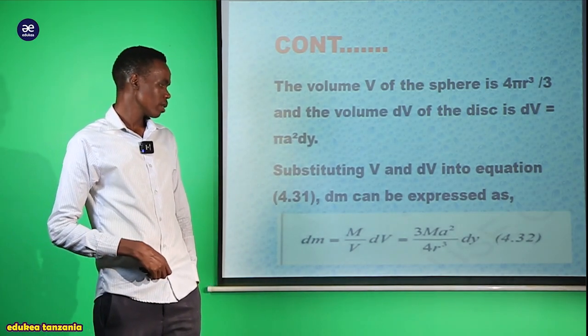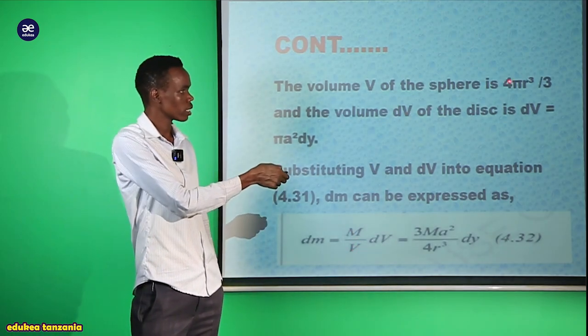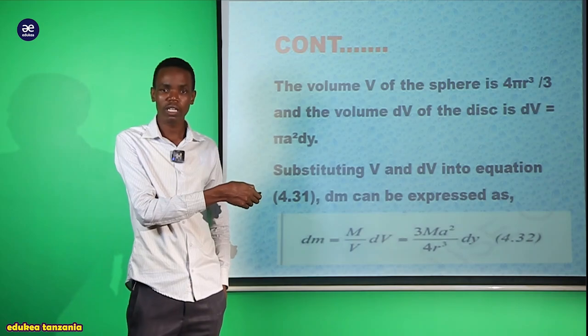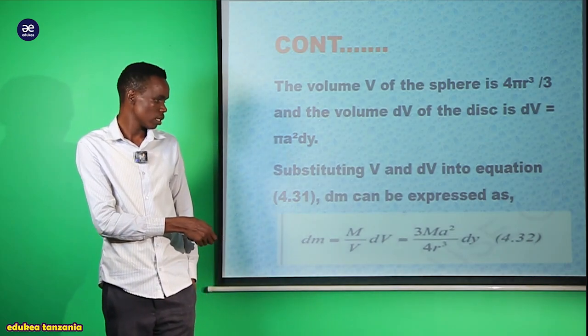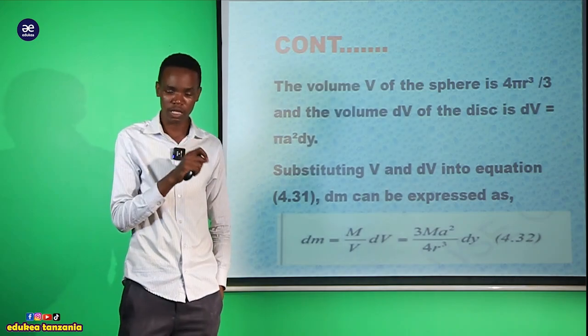If we substitute the volume, 4 pi r cubed divided by 3, and dV equal to pi a squared times dy,